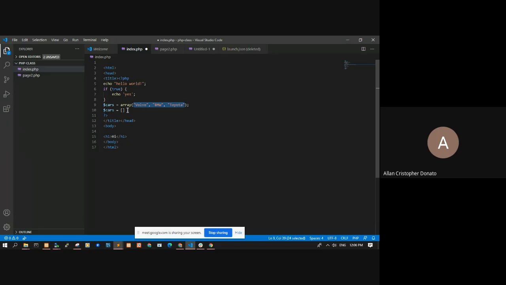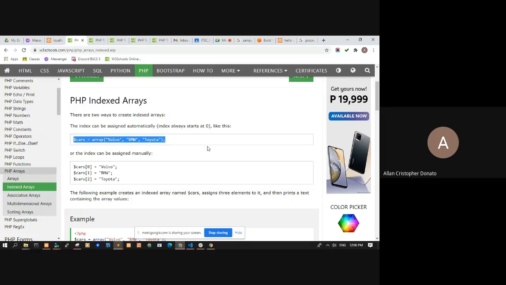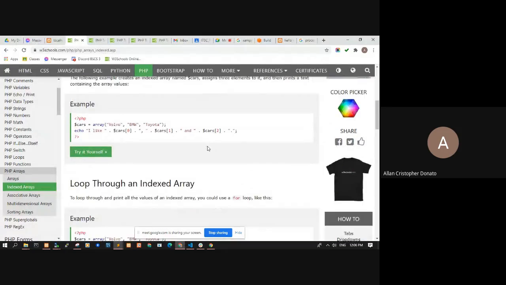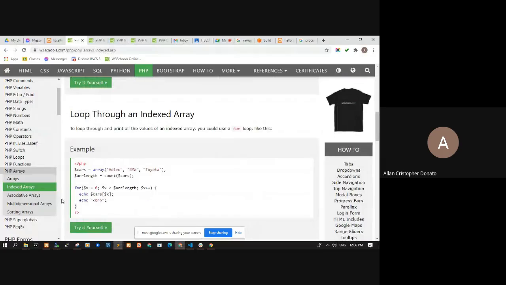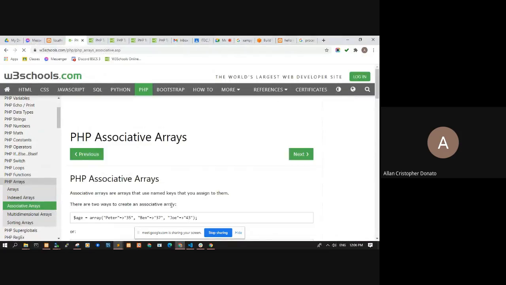Maybe this is easier for you too, because for me, it's easier to define arrays using square brackets. So no need to write array, just square brackets. It's a simpler form. Okay, and then associative arrays.